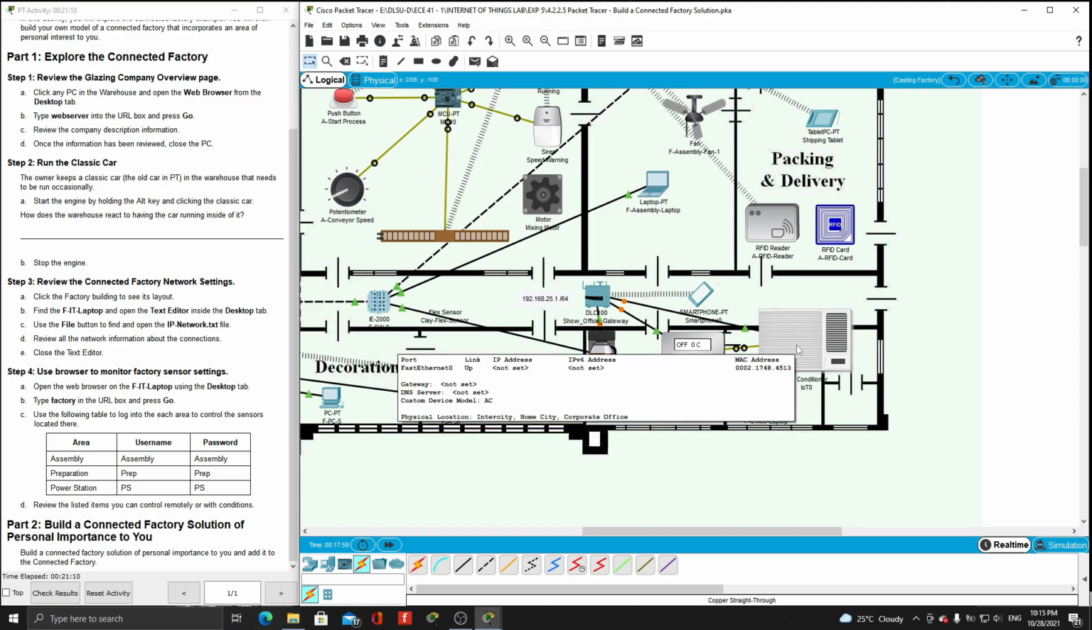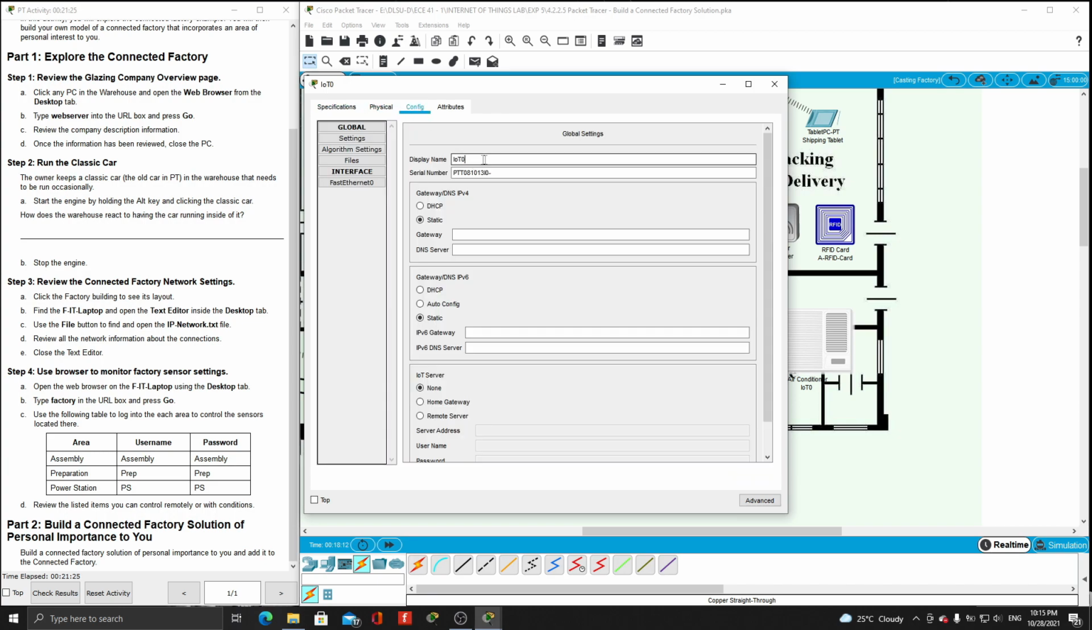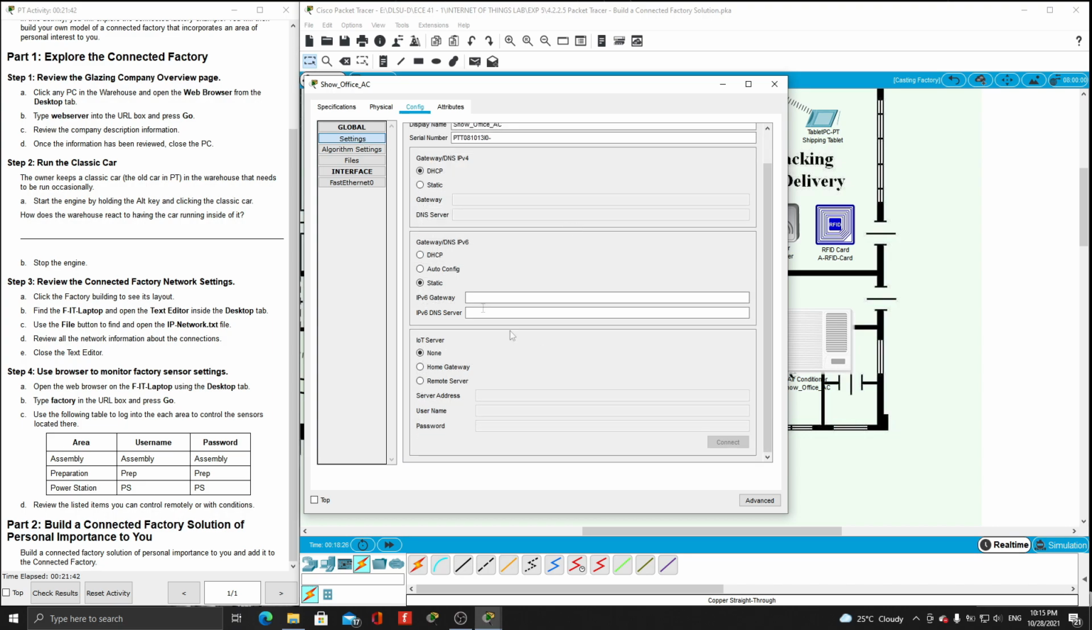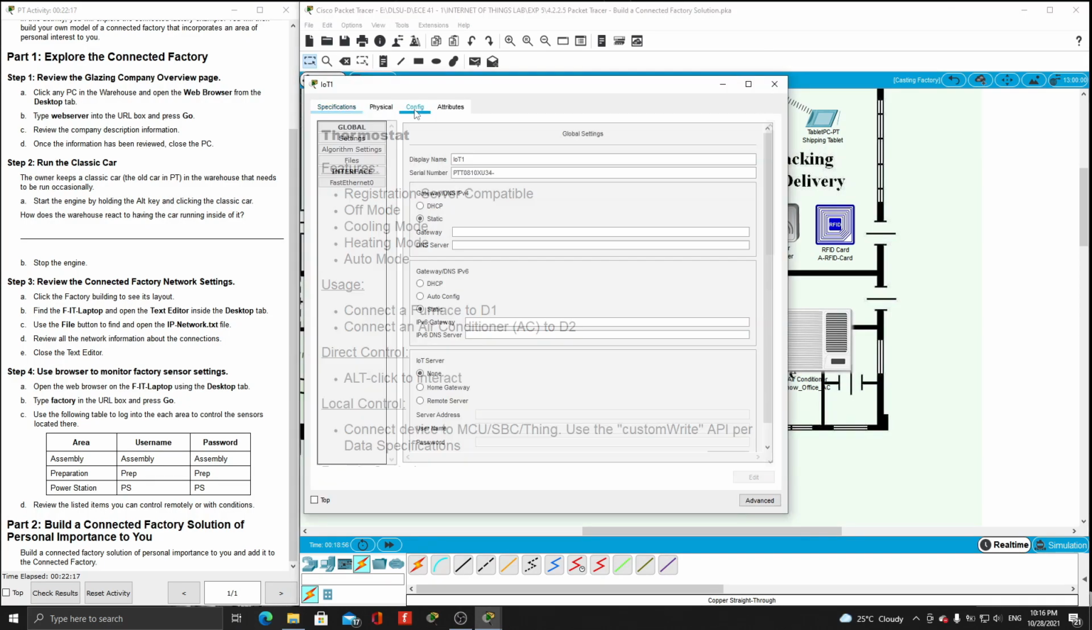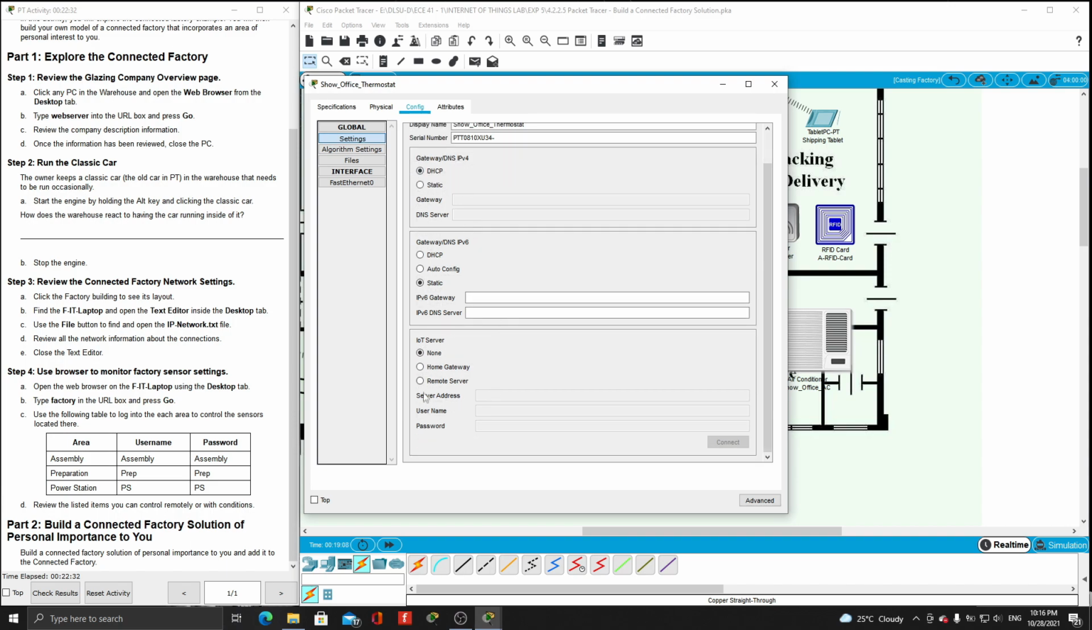Now let's configure the three devices. Connect D0 to the thermostat D2 slot, correct. Config, let's display name, show office AC, gateway, IPv4, DHCP. Then for the remote server, 192.168.25.1. Then type the default password of the gateway, admin. Okay. Then for the thermostat, config, settings, show office thermostat, IPv4 DHCP, remote server,